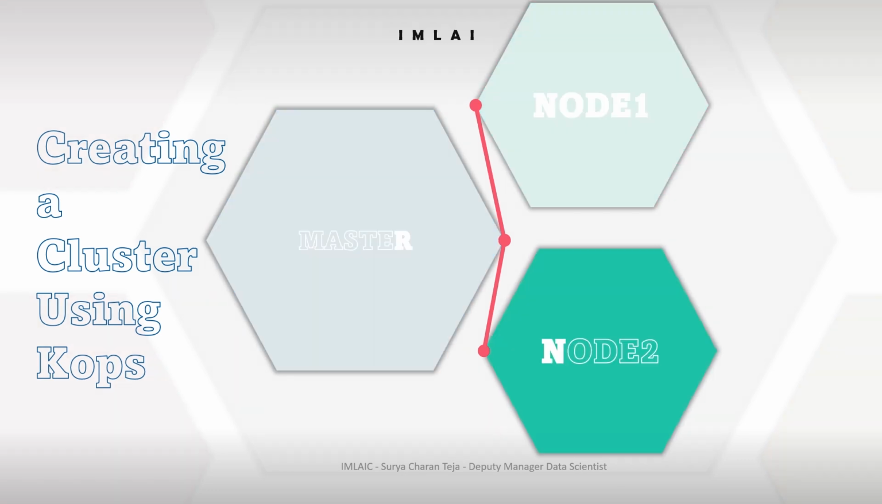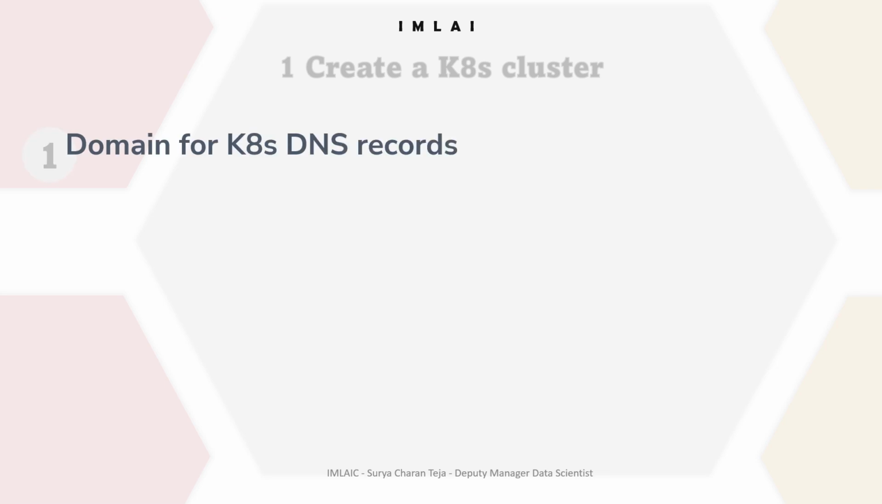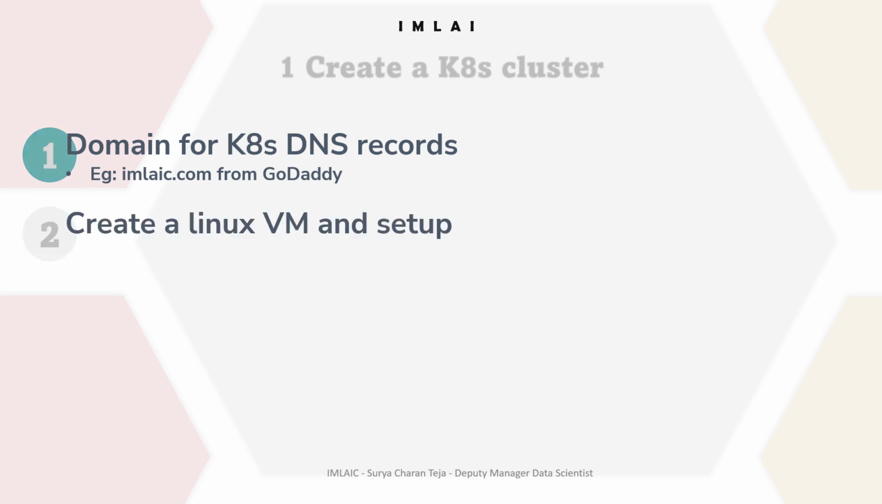So how do we do it? To create a Kubernetes cluster, the first step is that we need a domain for Kubernetes DNS records. I have my domain imlike.com from GoDaddy. You also have to create your own. Then once that is done, we have to create a Linux virtual machine and set it up. Here I'm going to use an EC2 instance, and inside that EC2 instance we have to install kops, kubectl, SSH